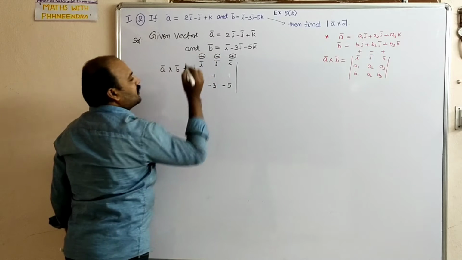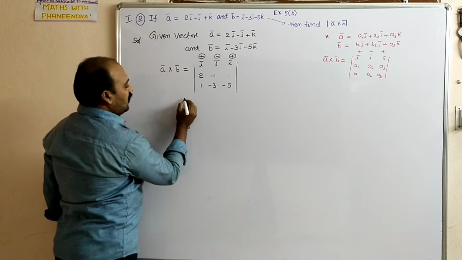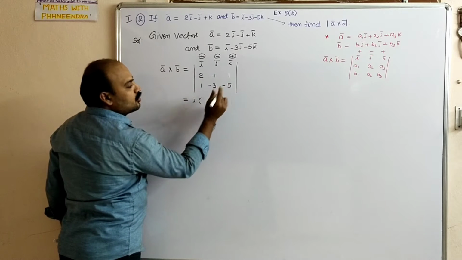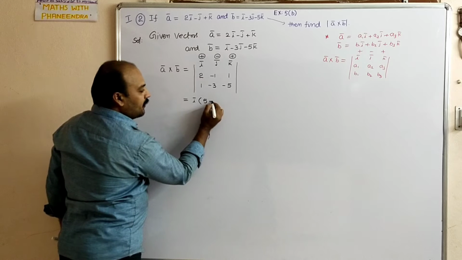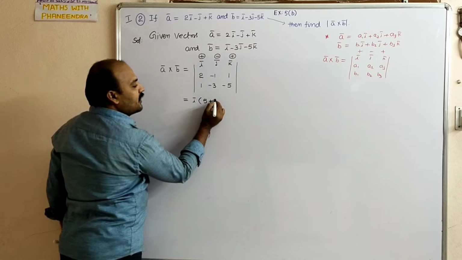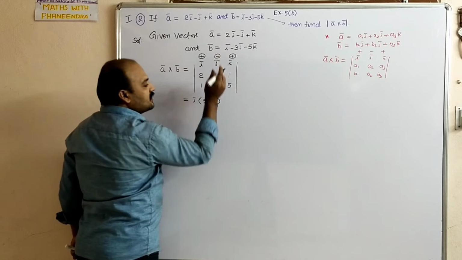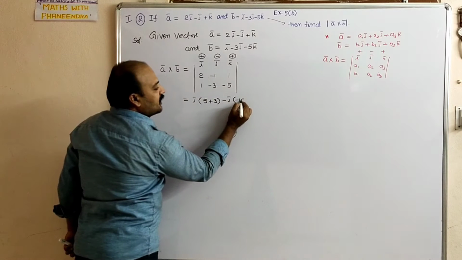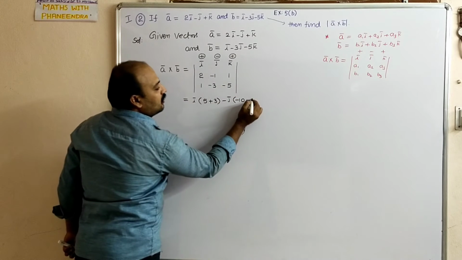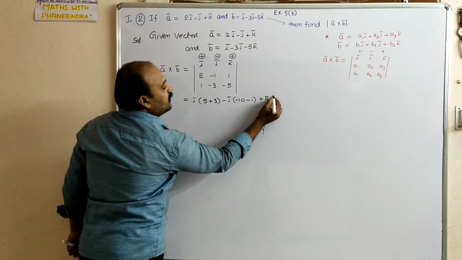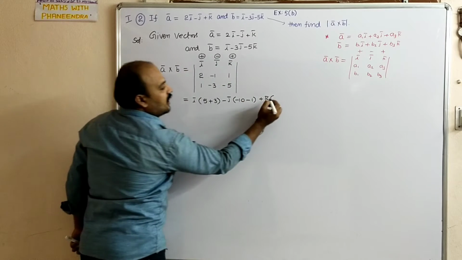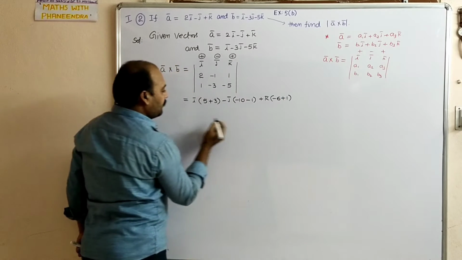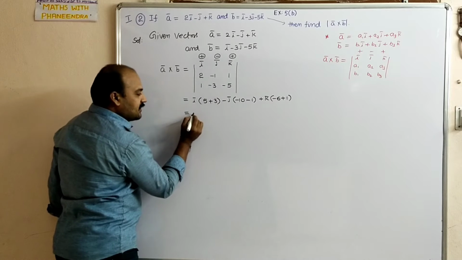This is very important, dear students. Expanding the determinant of 3 by 3: i bar into (minus 1 into minus 5 minus of 1 into minus 3), minus j bar into (2 into minus 5 minus 1 into 1), plus k bar into (2 into minus 3 minus 1 into minus 1), which is equal to 5 plus 3 is 8